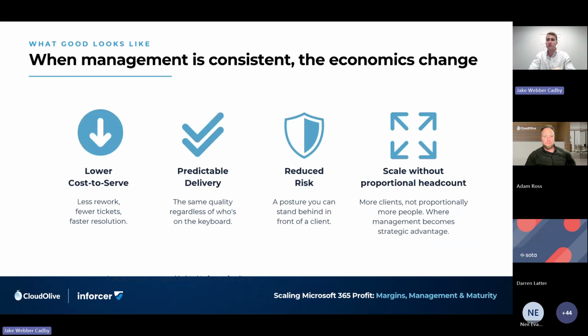And what happens when this is set up and working well in Enforcer? Well, we firstly see a much lower cost to serve, right? The time allocation that is needed to go in and standardize is much less if you're using a multi-tenanted tool. Obviously, if you're trying to do this without a tool, there are going to be hours spent going in tenant by tenant to do this work.